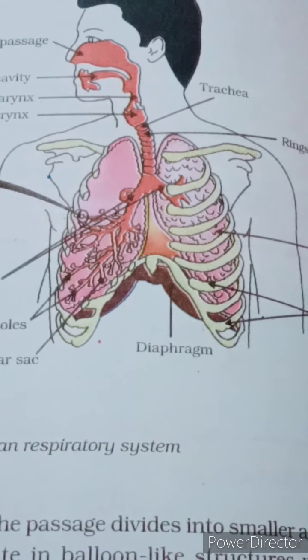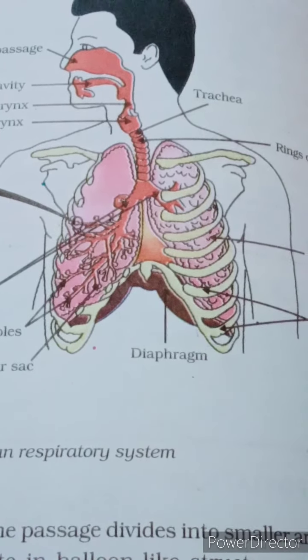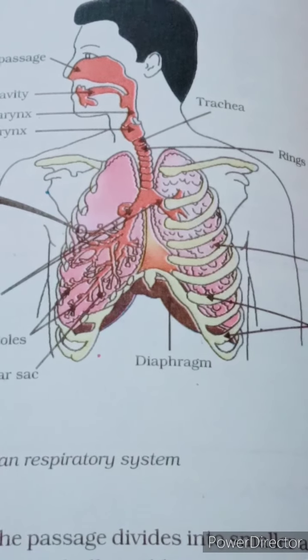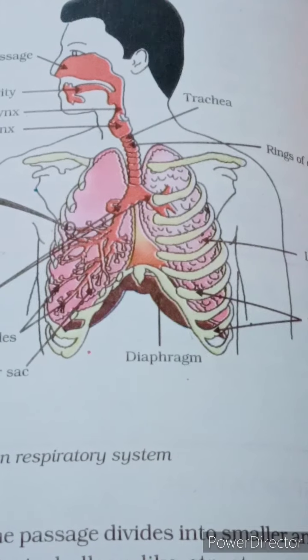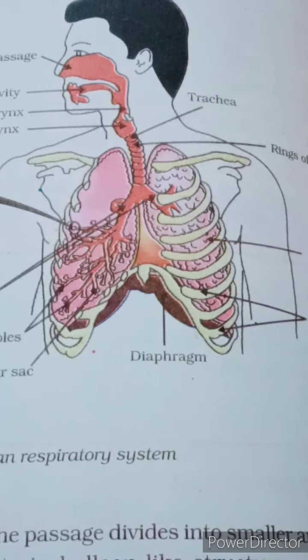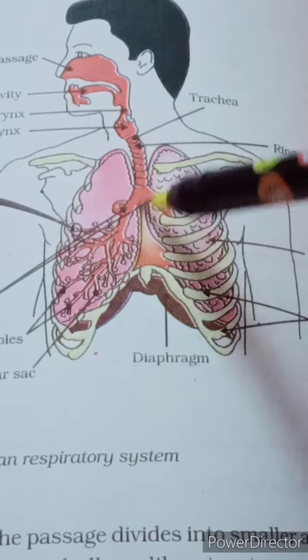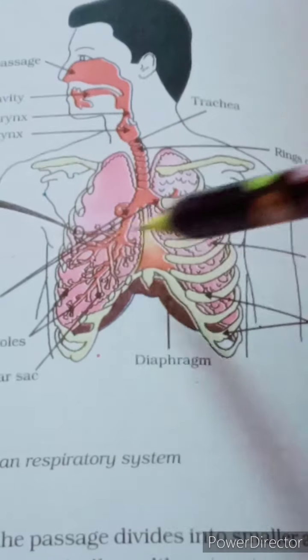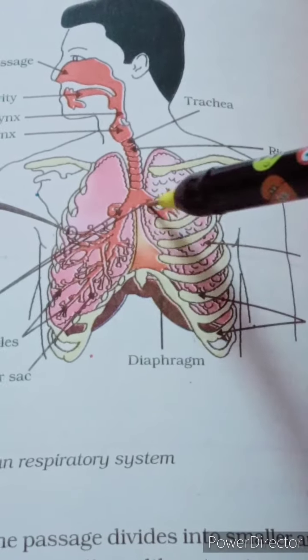Hi everyone. Now I am going to explain to you the structure and functions of the heart. Before that you should know where the heart is located. So the heart is located at the center of the mediastinum. What is the mediastinum? The space present in the chest region where both the lungs are occupied. This space is called the mediastinum. At the center of this space only the heart is located.